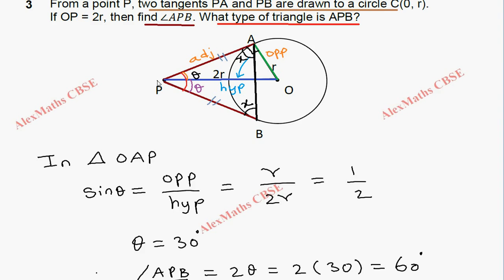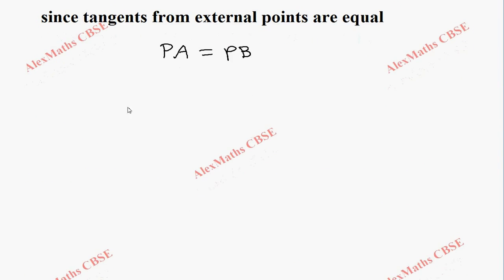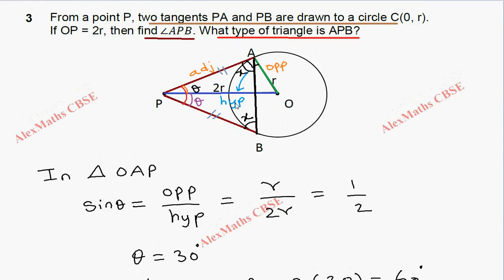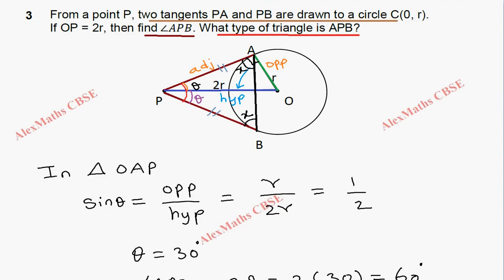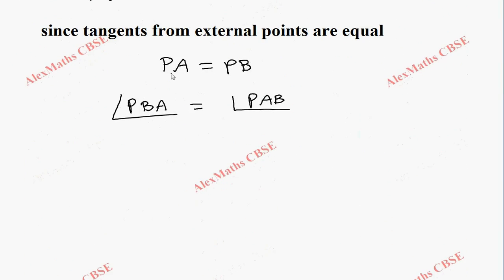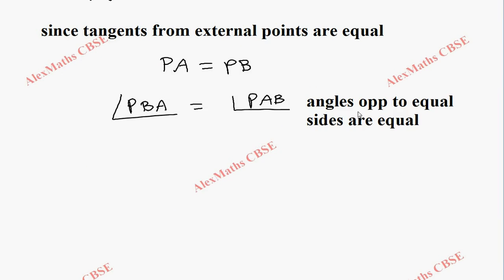So, we can say angle PBA is equal to angle PAB, because in a triangle, if we have two equal sides, the angles opposite to the equal sides are equal. So, we have taken these two angles as equal because we know PA equals PB. The angles opposite to the equal sides are equal. Therefore,